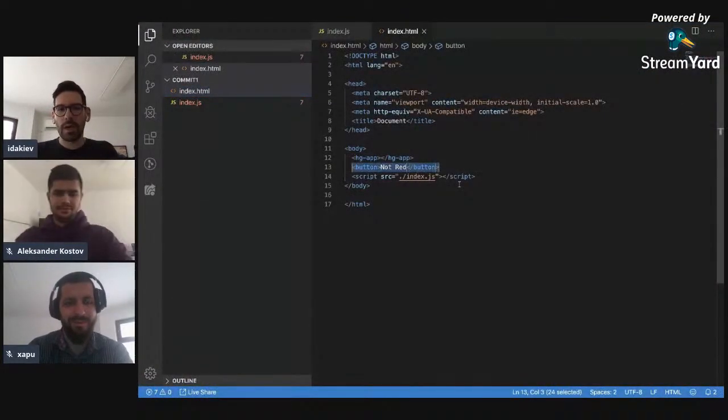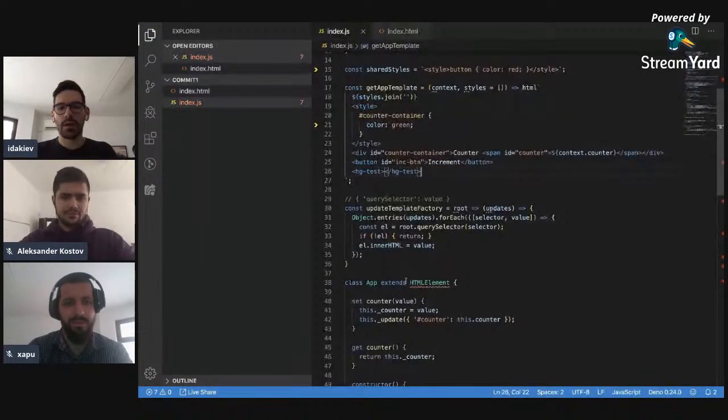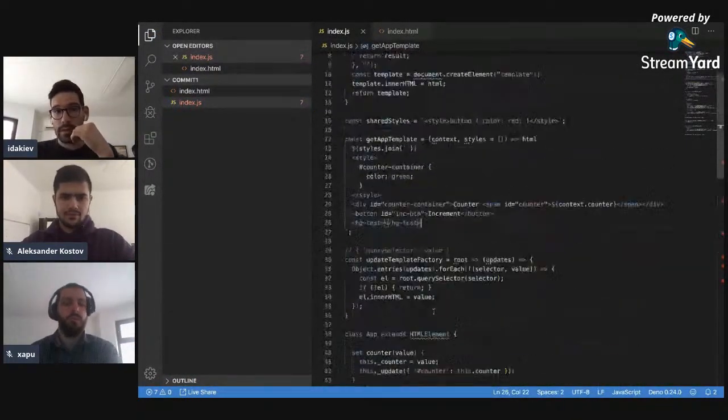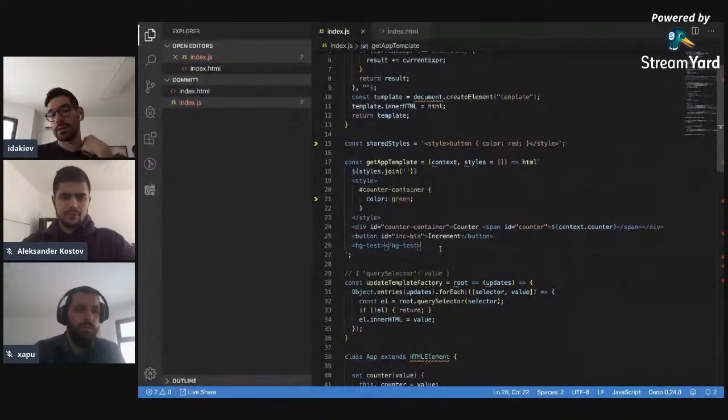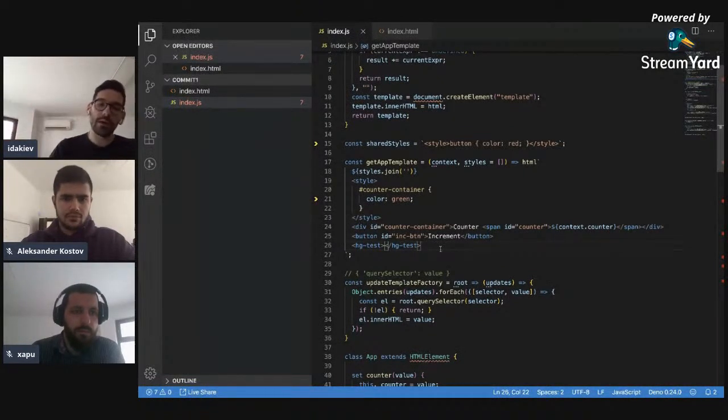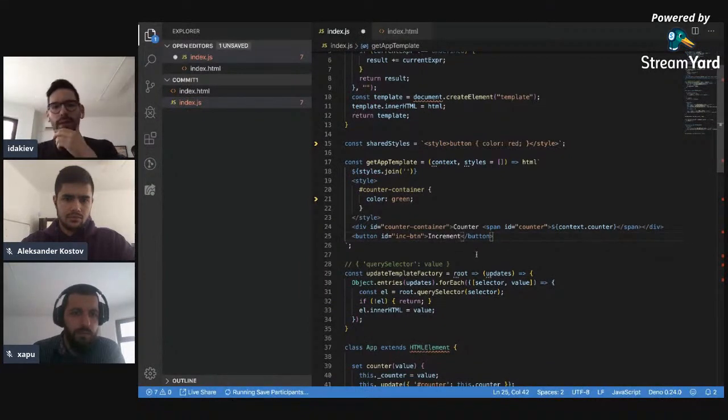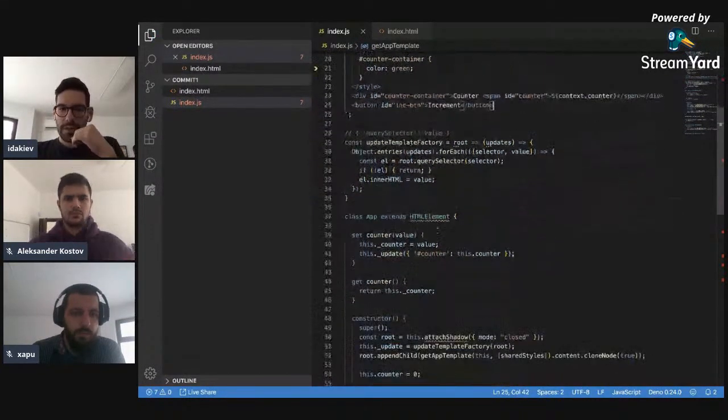So this is the way that we can actually use another web component inside an already existing component by just putting it inside the HTML, or yeah, we can put it inside the global HTML as well. You can decide. And another way that you can actually do it is create it dynamically. So for example, if this,